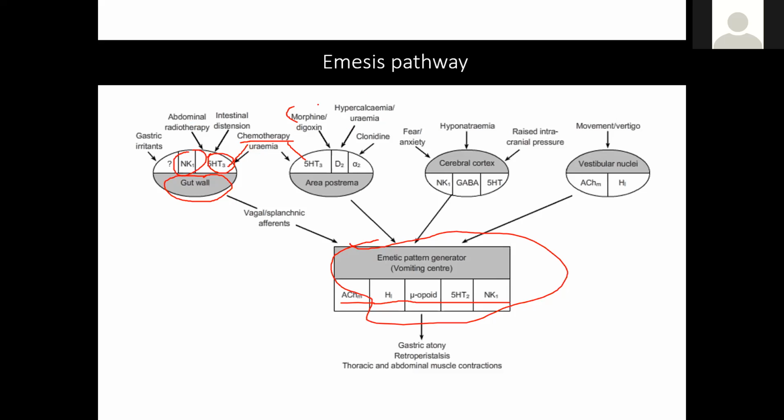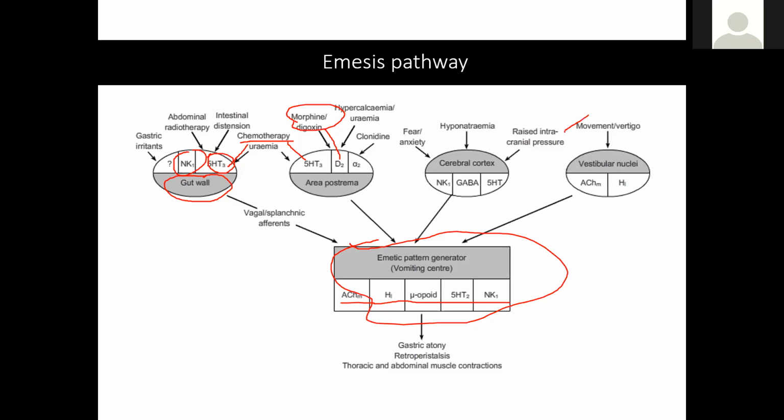Now we'll see morphine, another familiar drug for us. We have learned morphine can cause nausea and vomiting. Where is it active? D2 receptor in the area postrema, right? That is the CTZ. So we have to give a D2 receptor blocker so that we can control morphine-induced nausea and vomiting. That is how we can relate all these symptoms. So this is correcting the correctable. You are thinking where the vomiting is coming from, so that you can block it with the appropriate antiemetic.